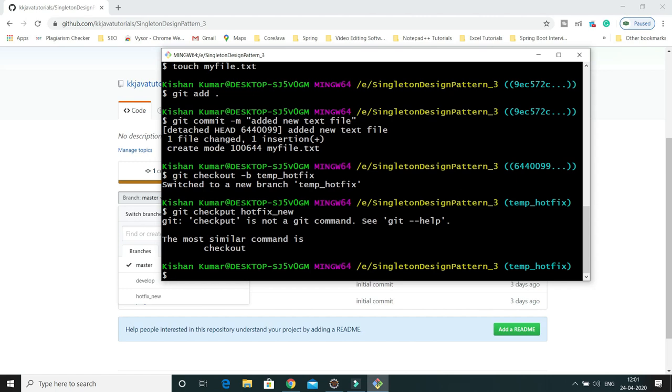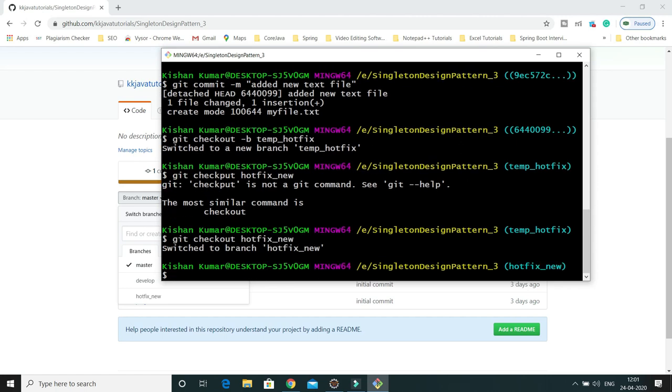So here what it is saying is that checkout is not a git command. Okay, there is a spelling mistake basically. So it's git checkout, and then I would say hotfix underscore new. So I'm going to switch on this branch. So I switched on the hotfix underscore new.